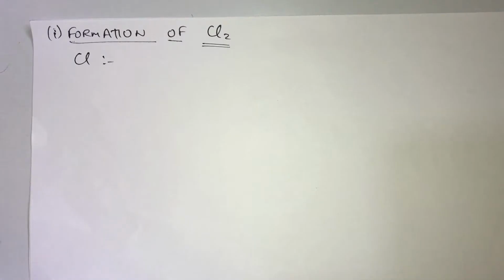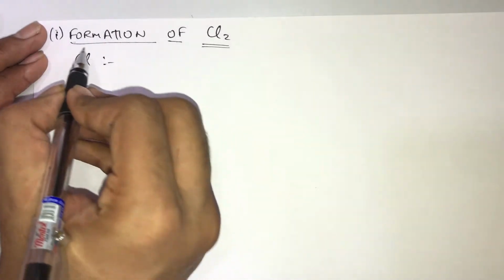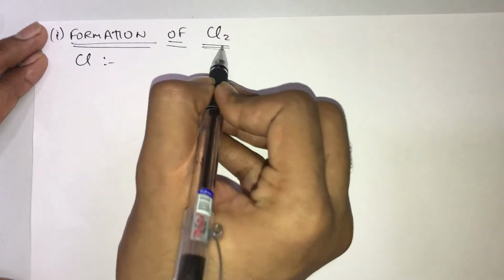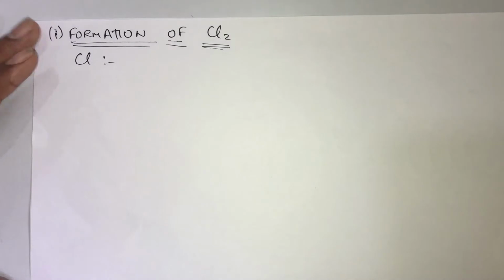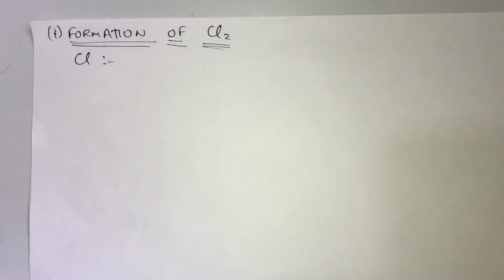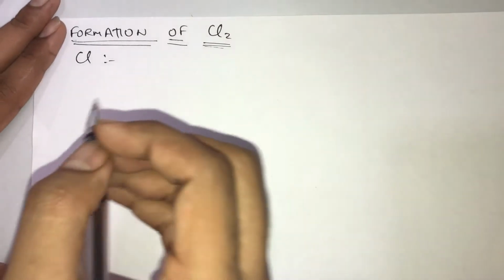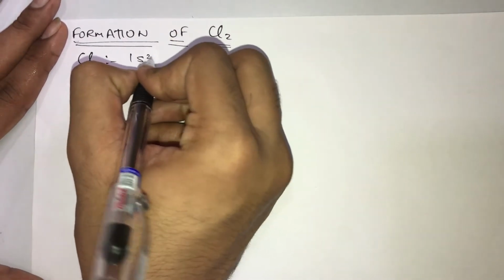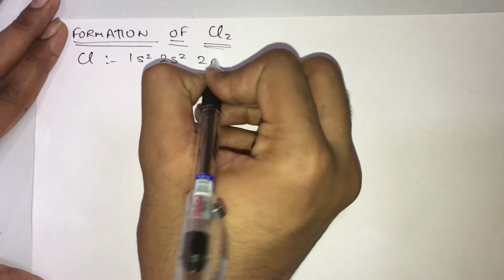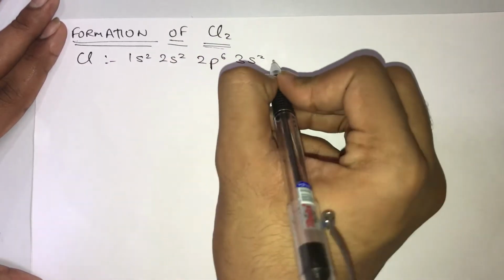So guys, what I am going to do now is explain two examples, and with the help of those two examples I'll make sure that the concept of covalent bond is crystal clear for you all. Okay, so the first example is understanding the formation of molecule Cl2. Now first of all, you must know how to write the electronic configuration of Cl. So the electronic configuration of Cl is nothing but 1s2, 2s2, 2p6, 3s2,